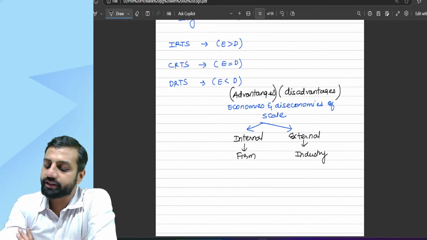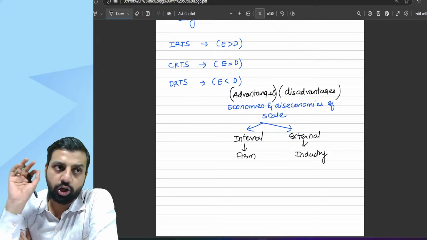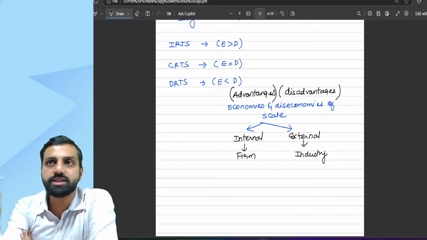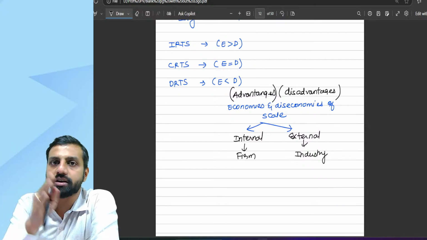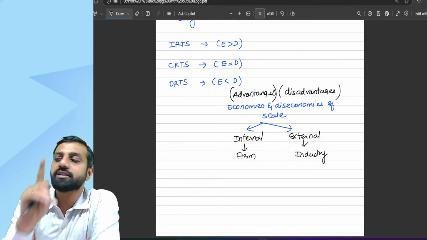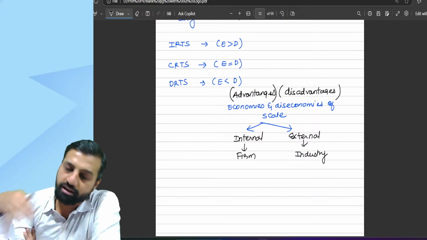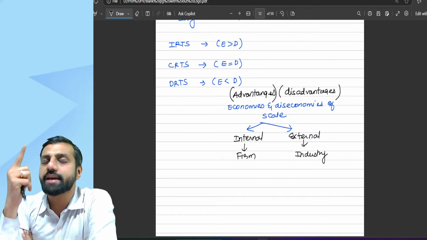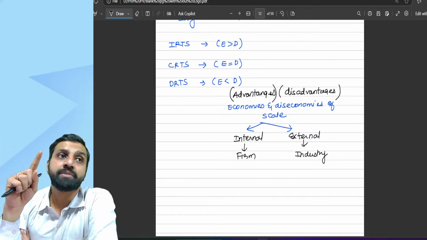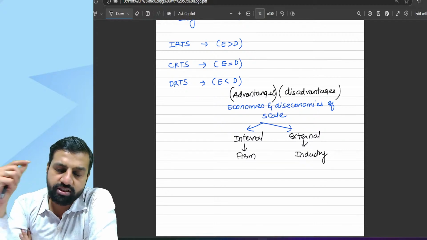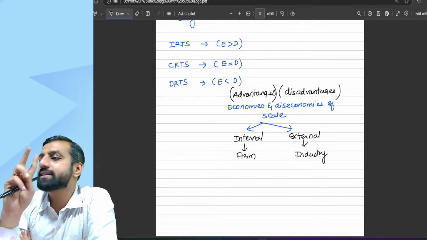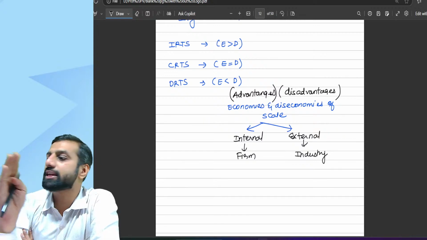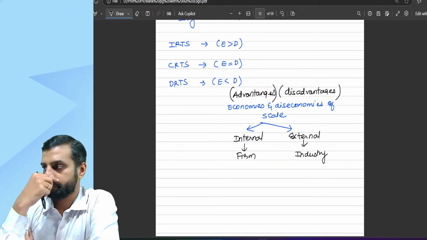Are we clear with the long run as well? So when we talk about production, there are two laws. One is returns to factor, one is returns to scale. Returns to factor is studied in the short run, returns to scale in the long run. Returns to factor, at least one factor of production is fixed. Returns to scale, all the factors of production are variable. Returns to factor is divided into three stages: IMR, DMR, NMR, whereas returns to scale is divided into three parts: IRTS, CRTS, DRTS. Whenever we are in the long run, we will compare it with economies and diseconomies of scale.